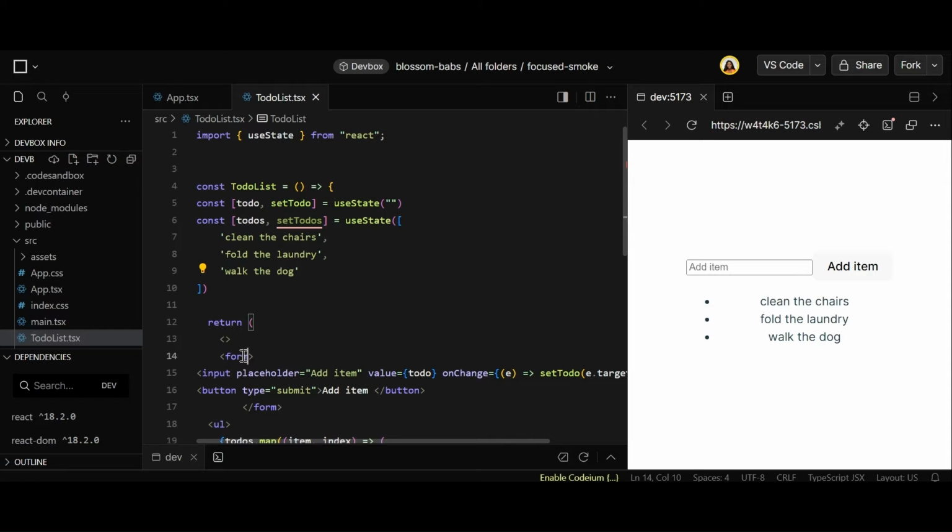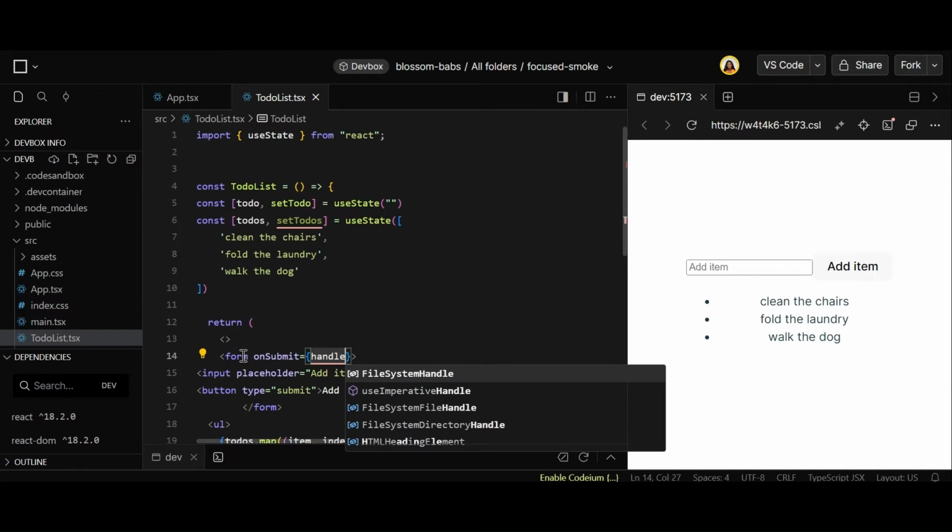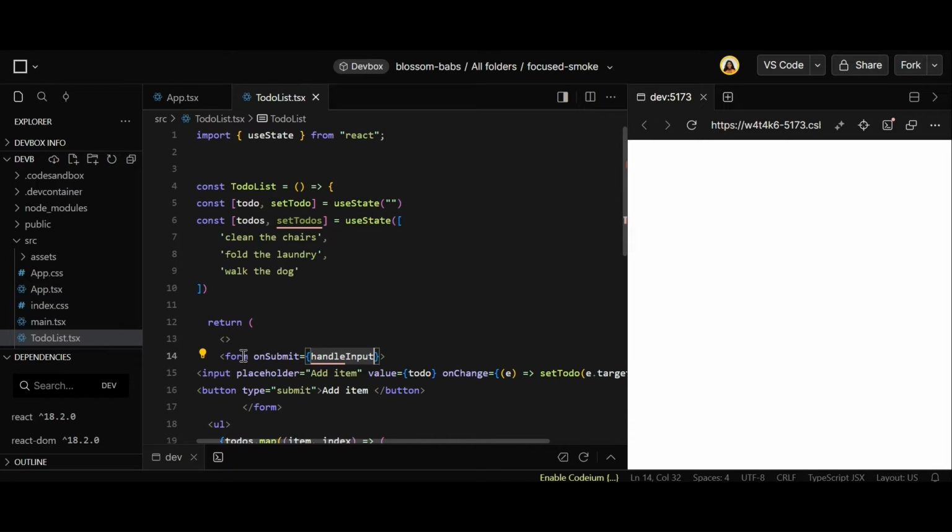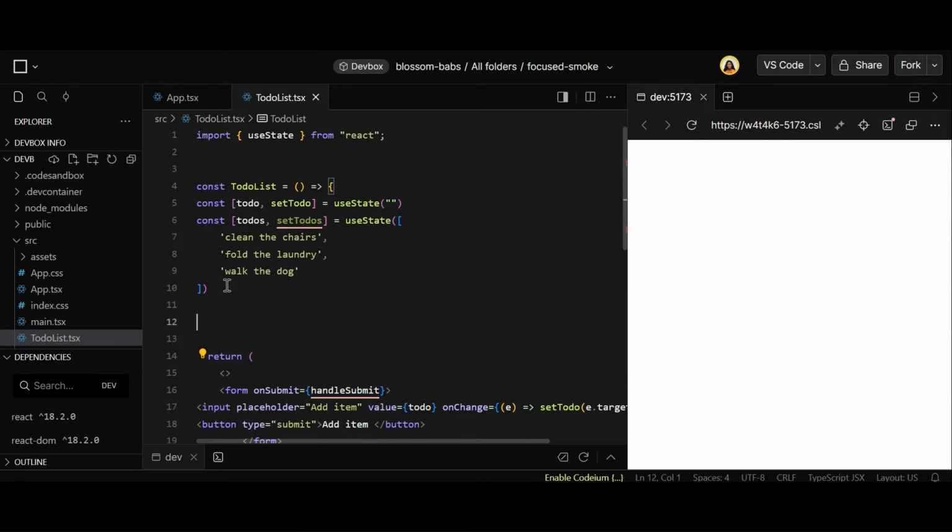And on submit, I'm just going to go ahead and define on input. This is not actually input, I'm going to submit. We already handled input here, so on submit,